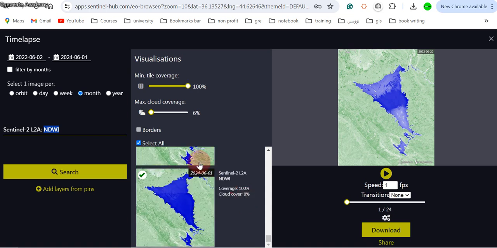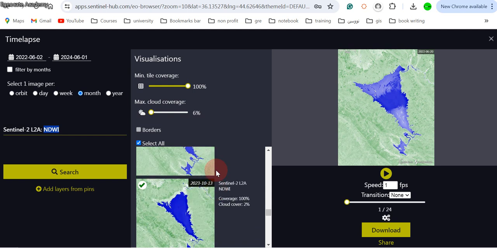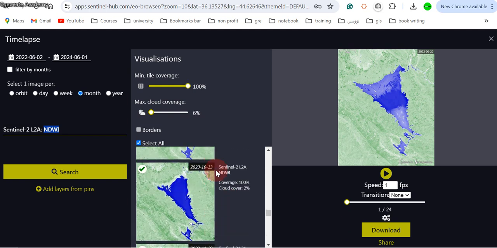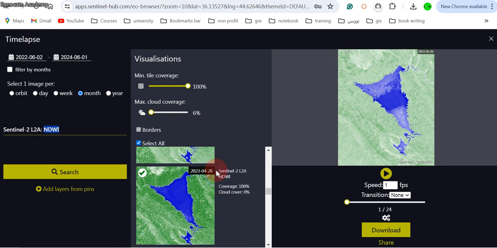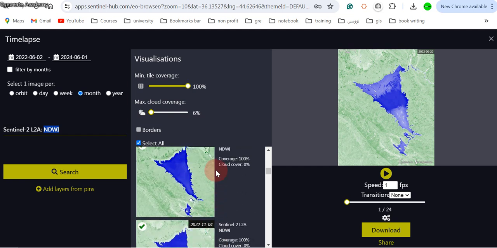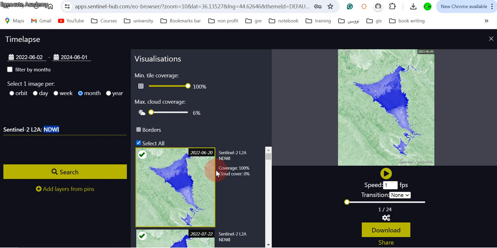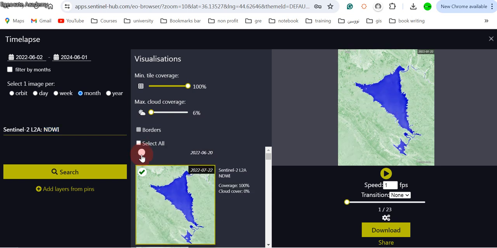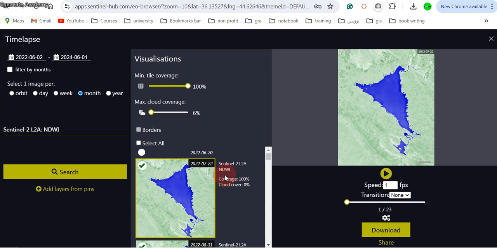and you can just know that this is the last image because it is 1st of June 2024, and this is the last date from my selected date. And after that you can just here see all the images, and if you don't like an image to be included in the time lapse, you can just unselect it. For example, I don't want this one because I think maybe it's a cloud, so I don't want this one. For example, you just include it and exclude it,